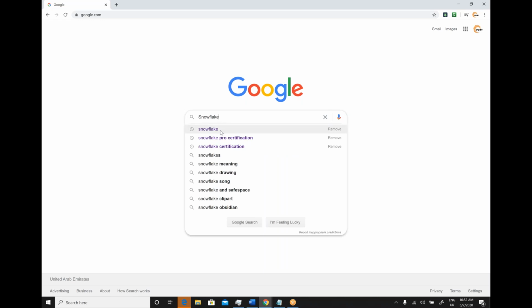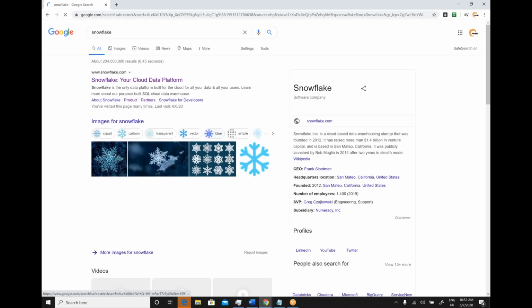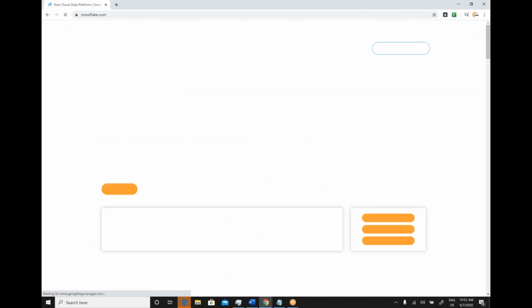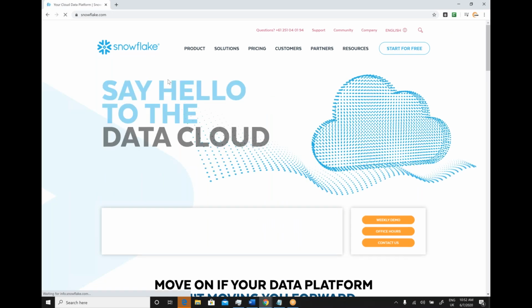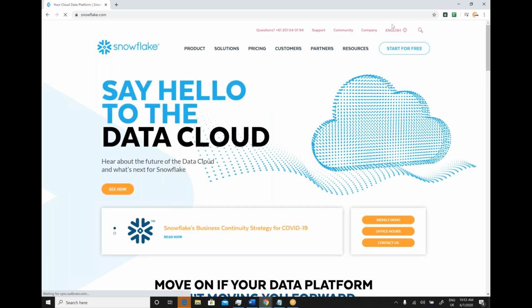So Snowflake offers a 1 month free trial account with almost a $400 credit. You can go to the Snowflake website and from there you can click on start for free.